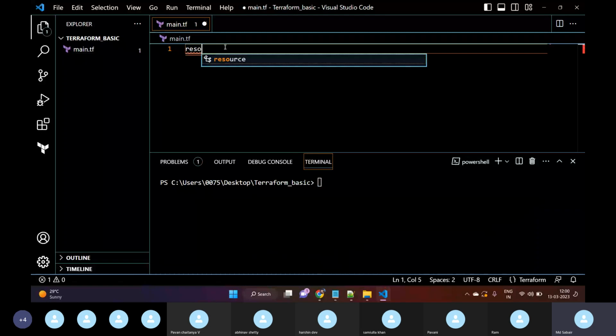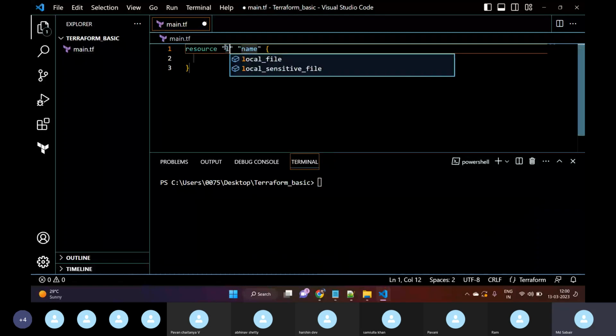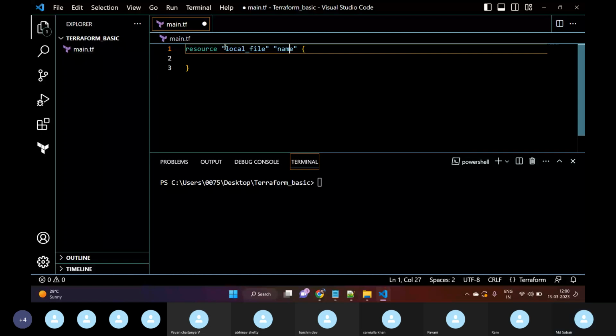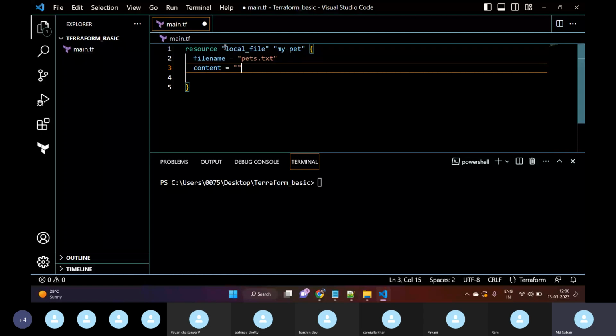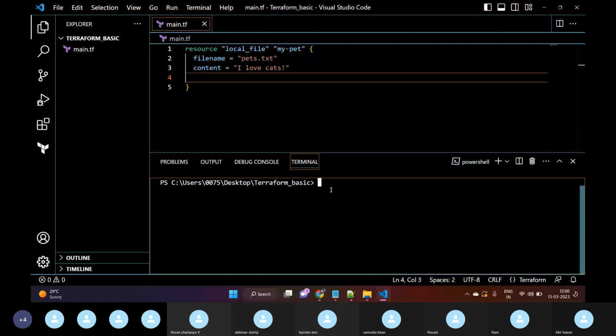This will be our provider type, that is local_file, and then this will be our name. This can be anything, right? And then we'll be passing two attributes. One is filename, which is mandatory, and one will be content. Okay, so if I execute this,